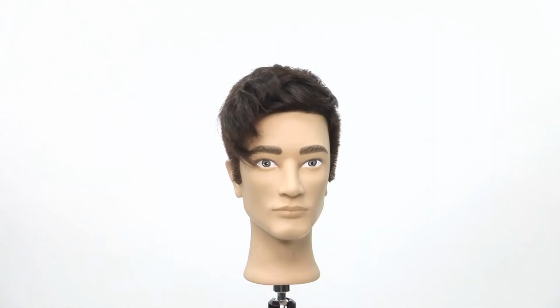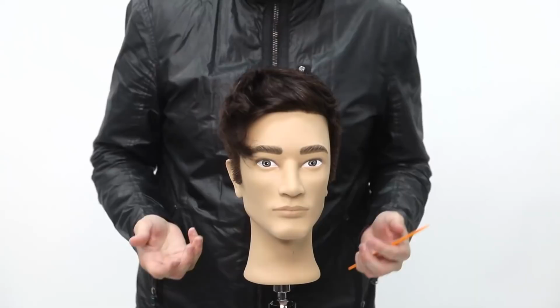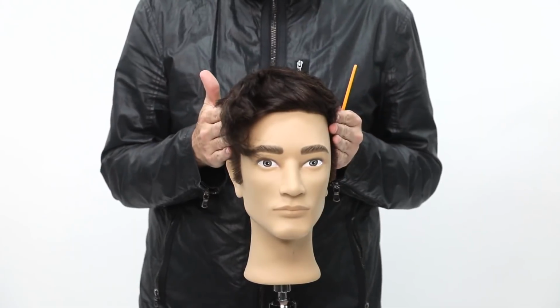What is the style you're going for? When would I cut this haircut on someone? What would they ask for? This is just a texturized men's cut. I think it's good, like this, if somebody wanted a new style, maybe a little extra length, not super short